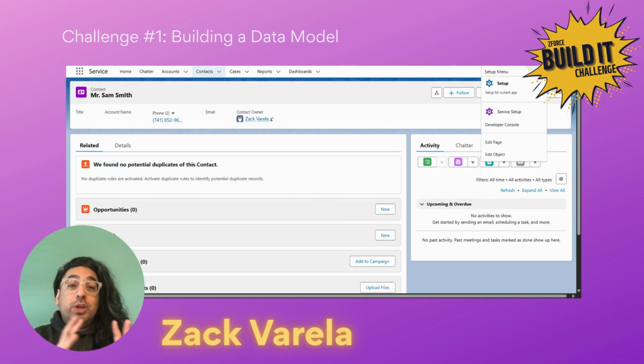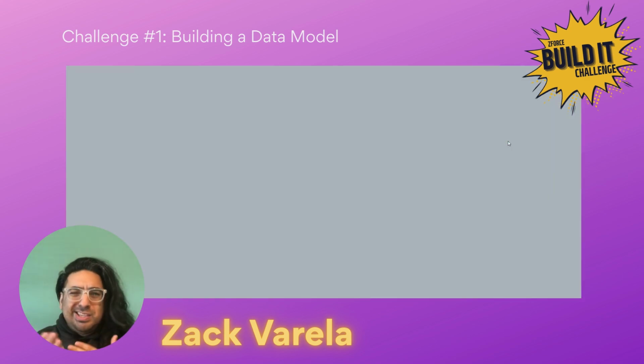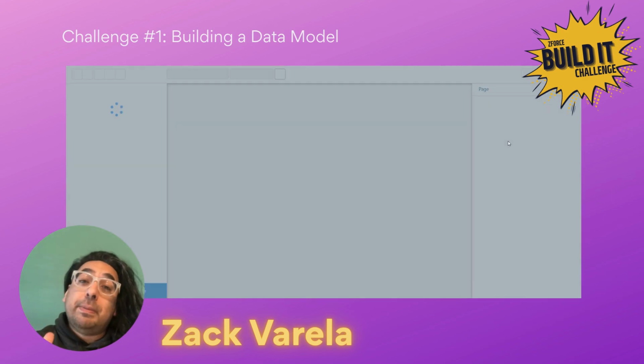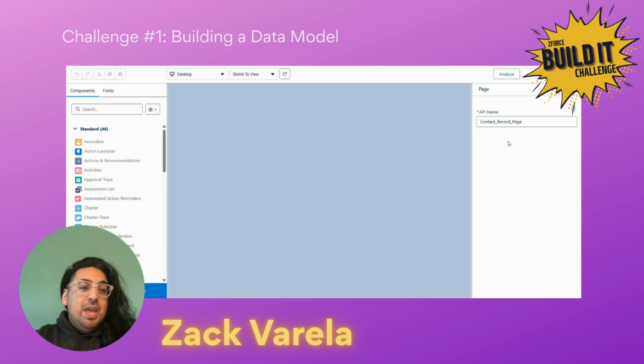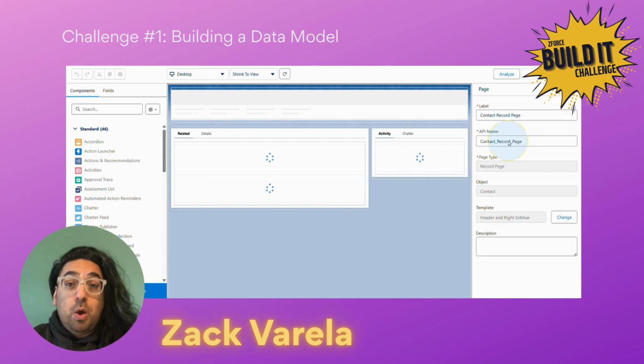So here I am going into the record page. I like to go into the lightning page from the record page just so I can stay up here. I go to the gear icon, click down, edit page, and it opens up the lightning page editor for me. And here we are in the lightning page editor. Super easy. This page is already built for us, so it shouldn't be a whole lot,